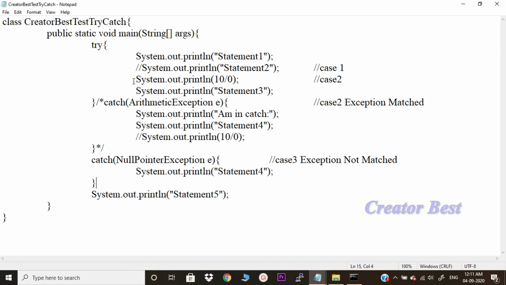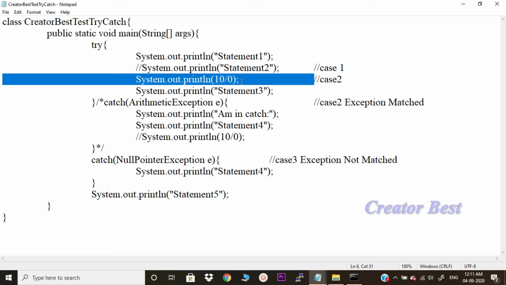We are taking a statement which causes an exception, and that exception is an arithmetic exception. But what I did, I have commented this arithmetic exception code. I have written new code, catch null pointer exception e. So this exception is not matching with the null pointer exception because it's an arithmetic exception. Now let's run this program and see.